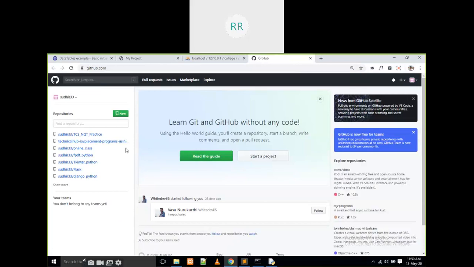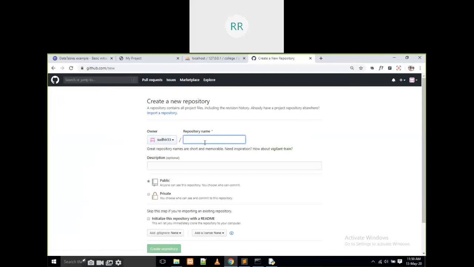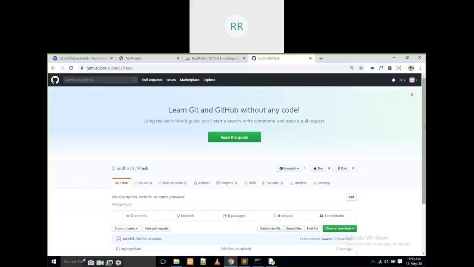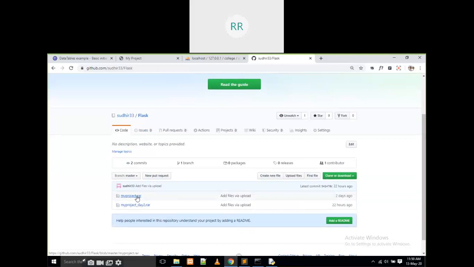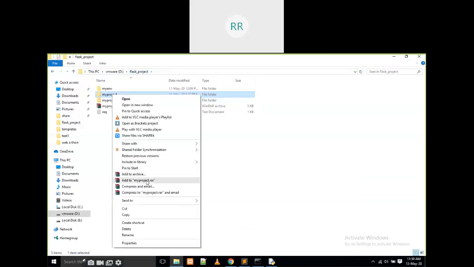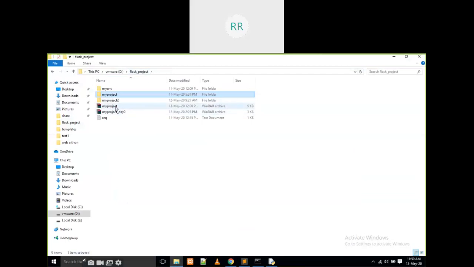Login into here, just create any repository. If you click on this one, just create any repository and click on create repository. Then, coming back, there are so many options. I also don't know exactly. For example, I'm sending you now, that is 33 flask. Here I send you two files, right? First day and this is day 2. What you have to do, I will share with you. Up to now this is the third day, right? This is today's work, and this is underscore day 3.